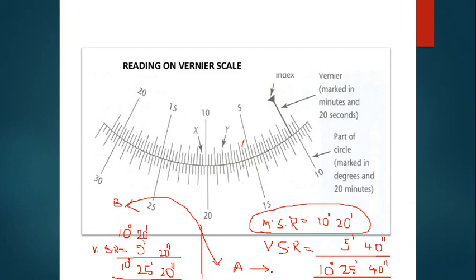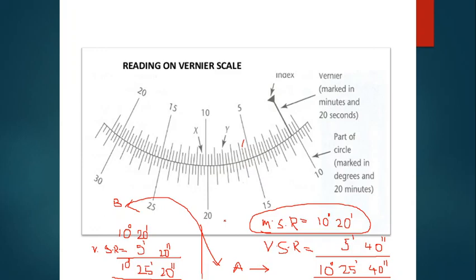Average of these two, that means the average will be 10 degrees 25 minutes and 30 seconds. So like this, for one face left or face right, one observation, let us say it is face left. For face left observation we have to do the entire process, for which there is a tabular form, which is also called a page of theodolite book. I will show you in the next slide. There you need to enter all these.